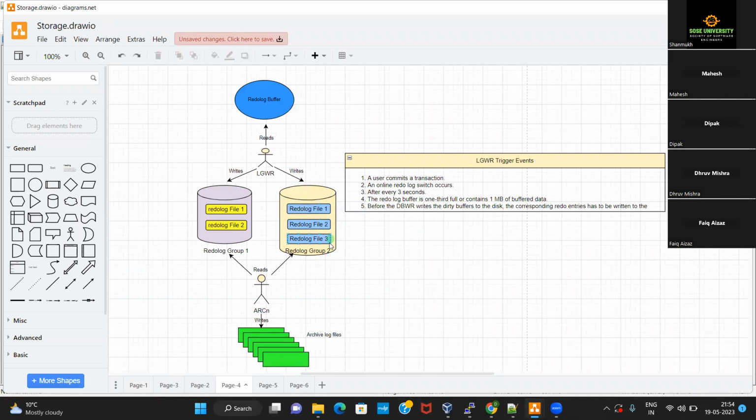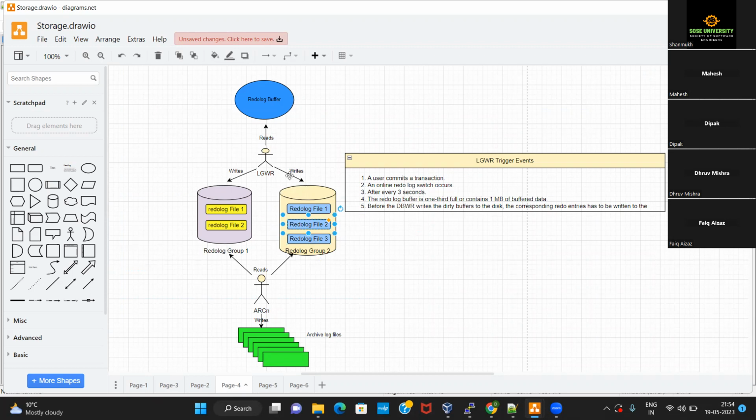So whatever the number of redo log files present inside a group, these are called members. Whatever the number of redo log members present inside a group, all of them are going to have the same information.